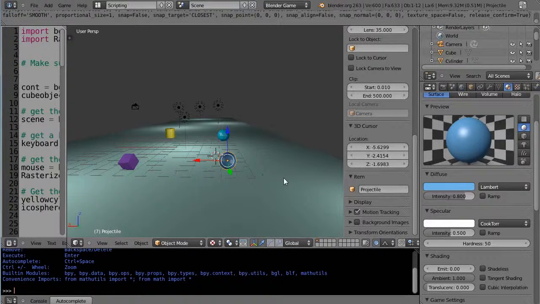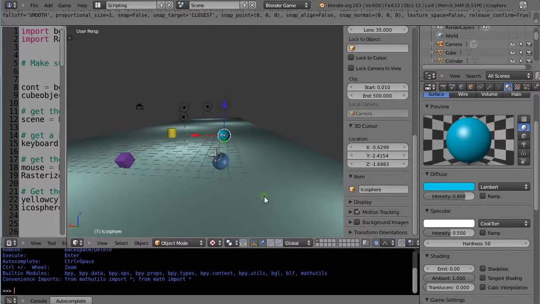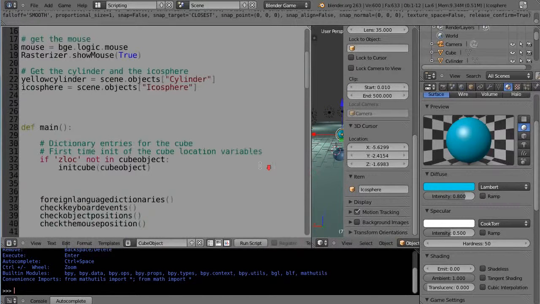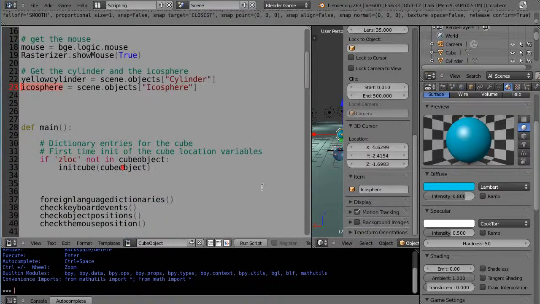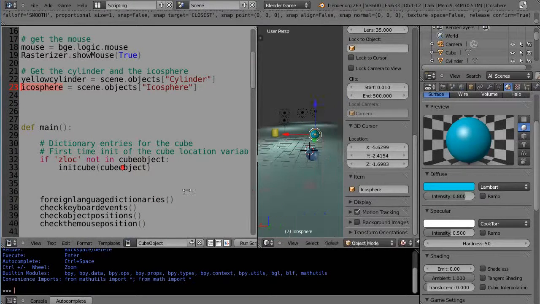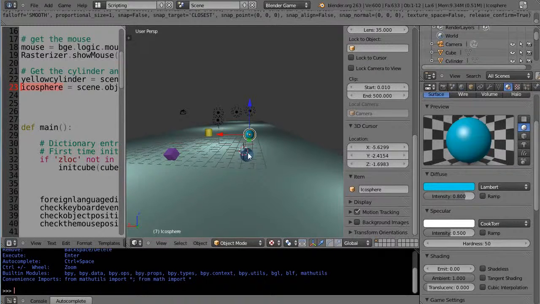And then once we have it in here, what I want to do is basically launch this towards this object over here first, but we're going to launch it a little bit differently than before. Instead of just picking up the object like we've done in here, where we scanned for certain objects, here you get the cylinder or the icosphere into their own name like this. In this case, we've already given it a name,